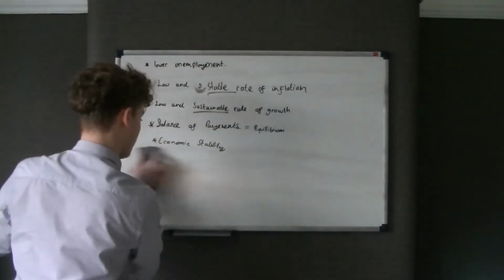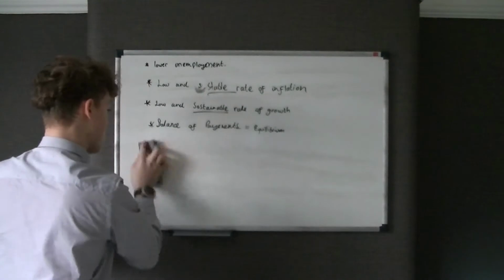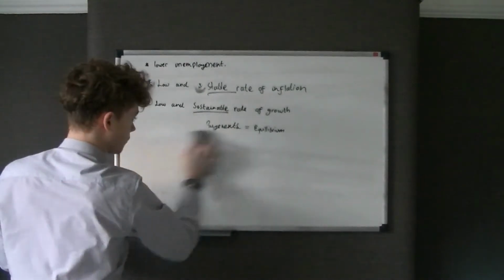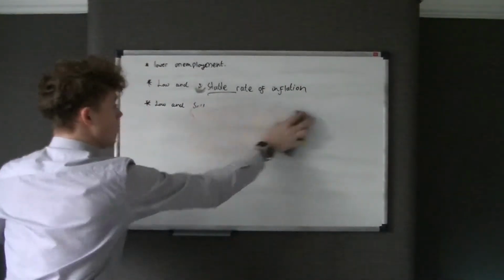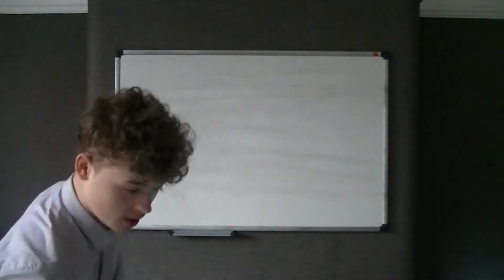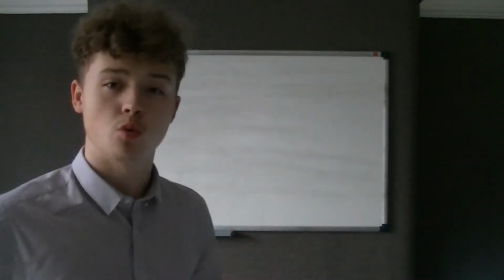So I'm just going to rub these off, and I will write down the policies that government can use to apply to these situations. Now I'm just going to tell you what the policies are and give you a quick overview of what they do. I'm not going to go into detail on how each one affects things such as curves and how it shifts them. I'm just going to tell you the general theme of each one.